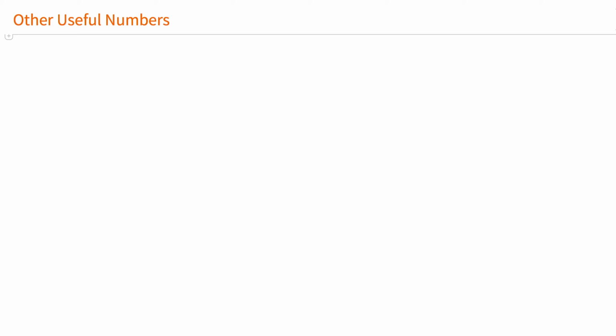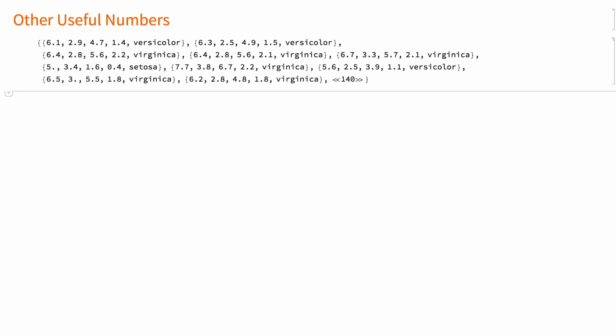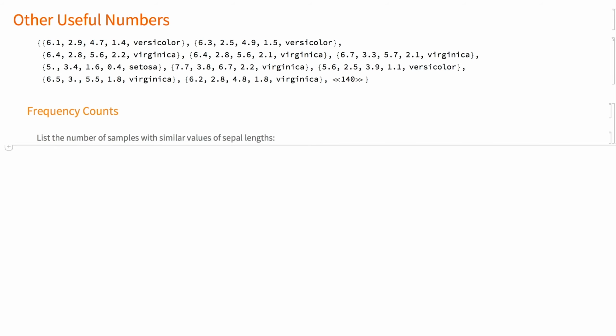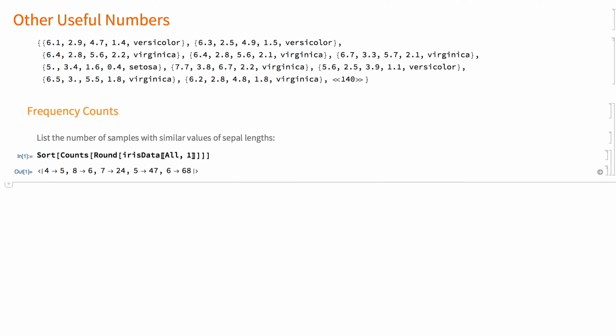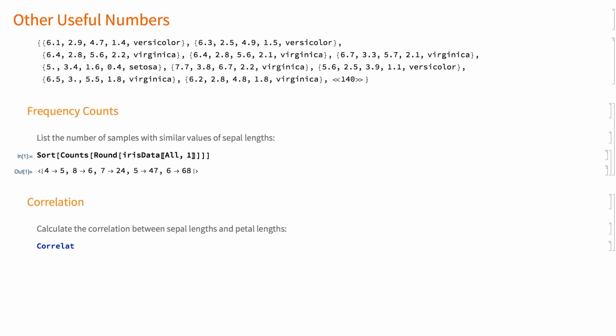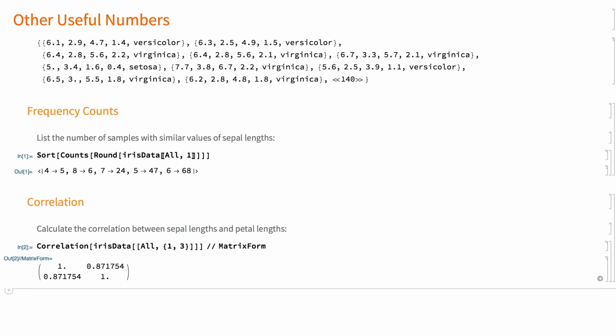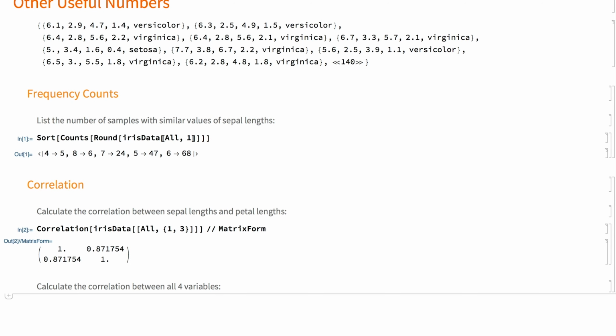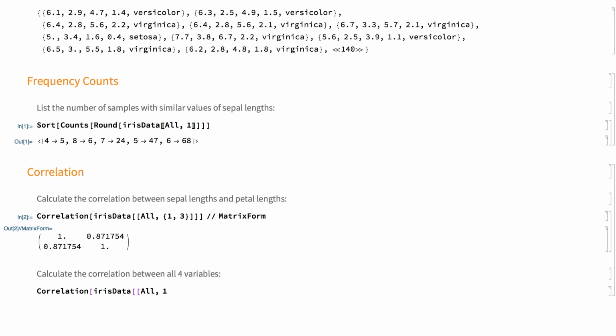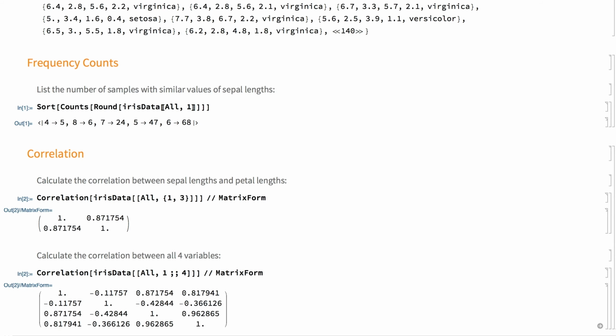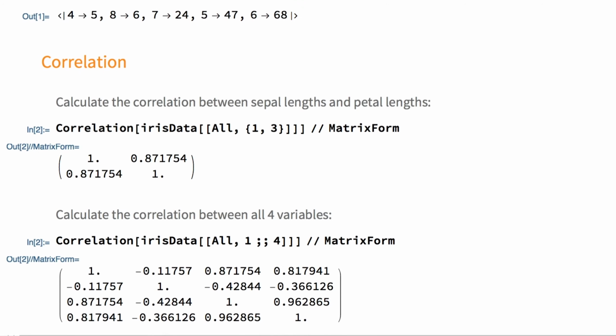Among other numbers that can be useful in understanding the data, we have frequency counts that can tell us about the number of samples of a particular type. And we also have Pearson's correlation coefficient, which measures the strength of the linear relationship between two variables. While scatterplots can show correlation visually in two dimensions, calculating the linear correlation for multivariate samples can be helpful, especially when we'd like to use these numbers for further analysis. For the Fisher Iris dataset, it seems that the features 3 and 4 show strong linear correlation, while features 1